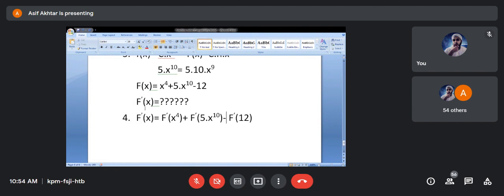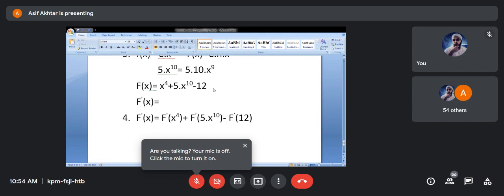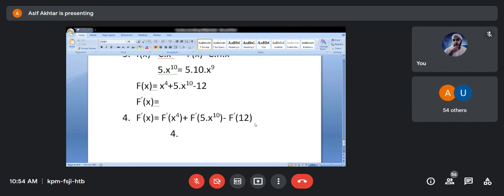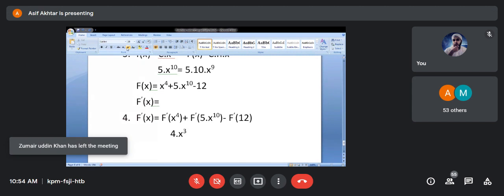So if I want to calculate the derivative of this expression, tell me, what would be the differentiation? What is the differentiation of the first term? Yes, 4x cube. First derivative is 4x cube, right? Then